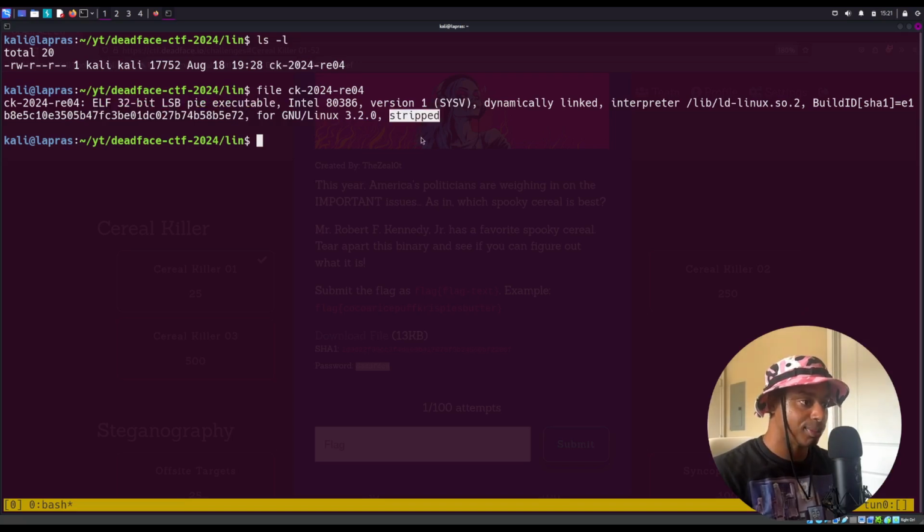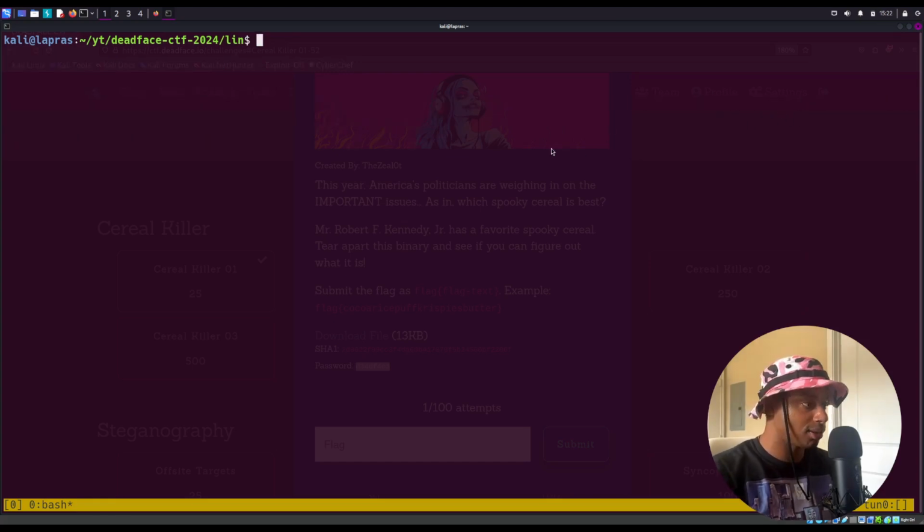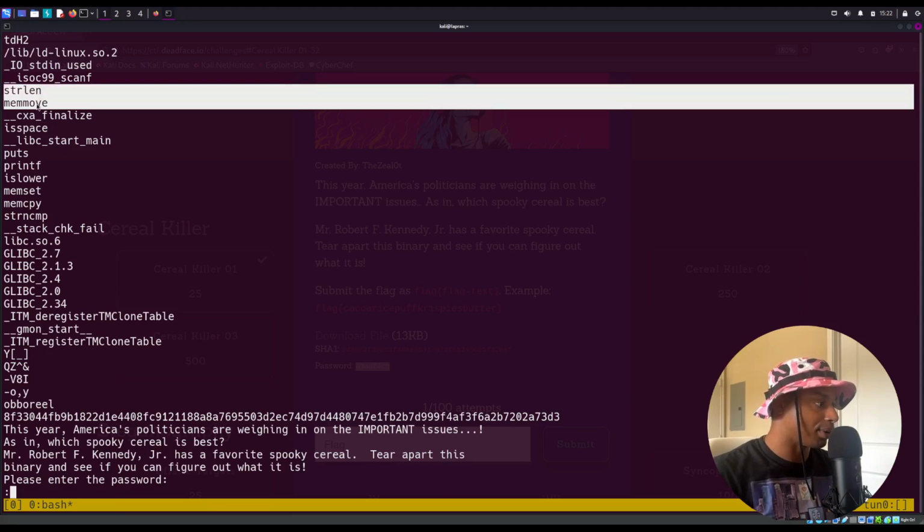It is stripped, so it won't have all that juicy debugging information and symbols that we like. It's dynamically linked, meaning it will use the libraries available on your current system, and it gives us the interpreter used. So let's see if we can run strings on it. Type that into less. Okay, we do see some of the library